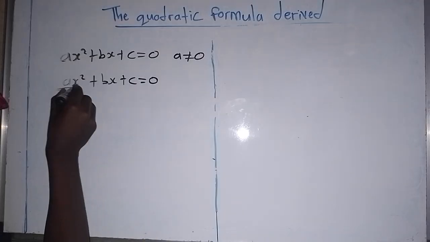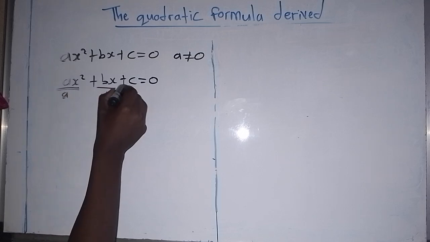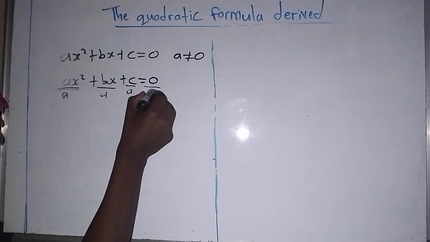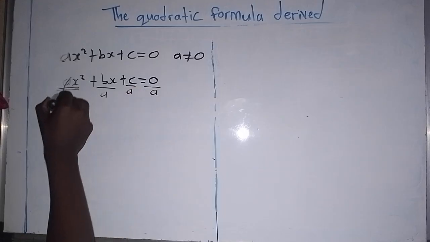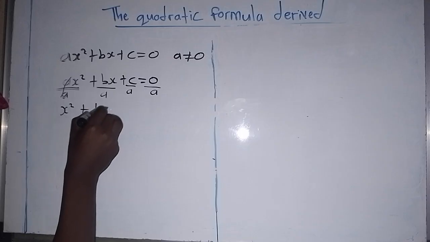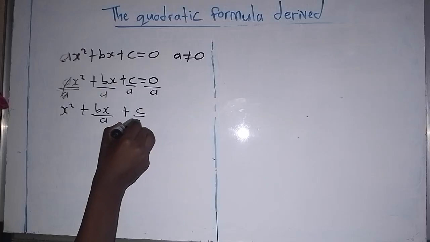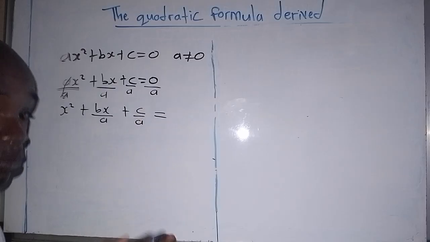Dividing each term by a, what remains is x squared plus bx over a plus c over a equals